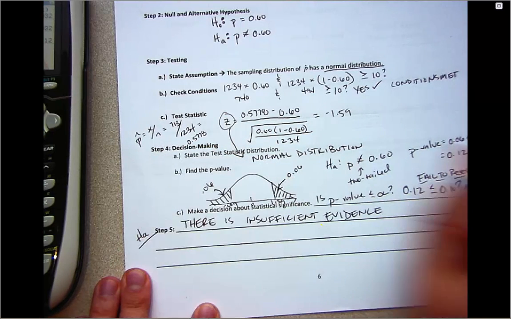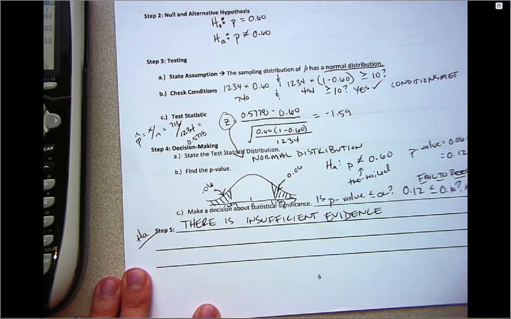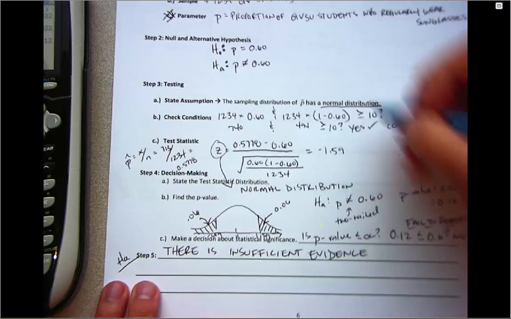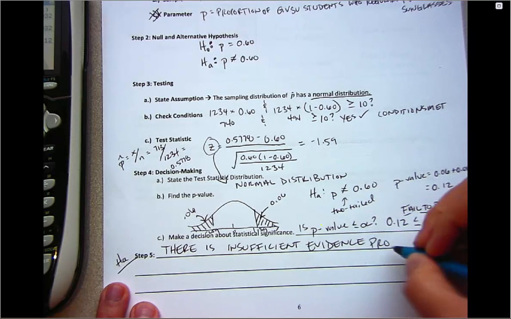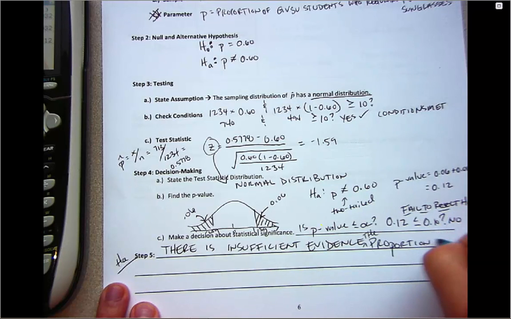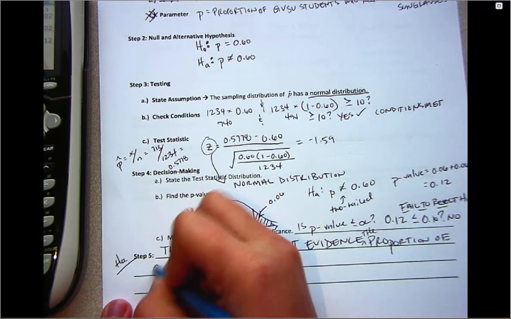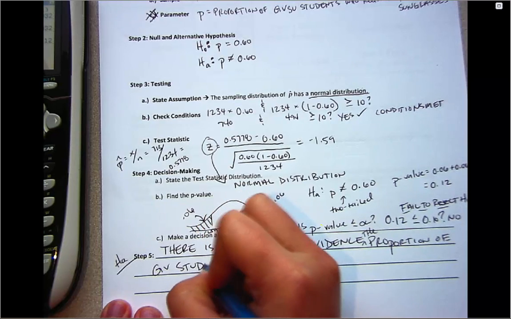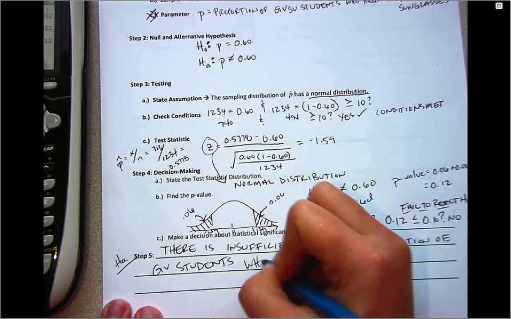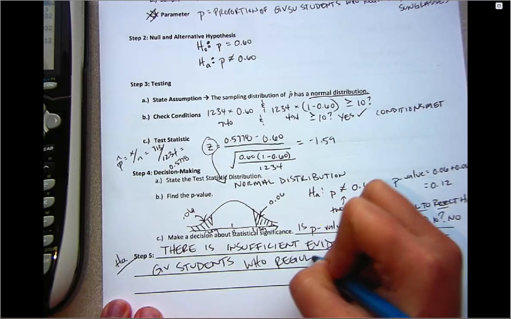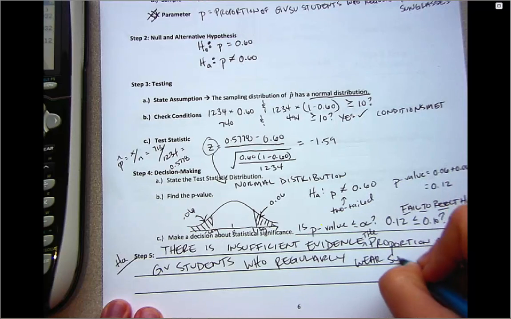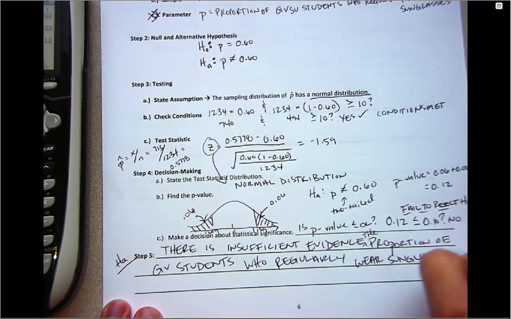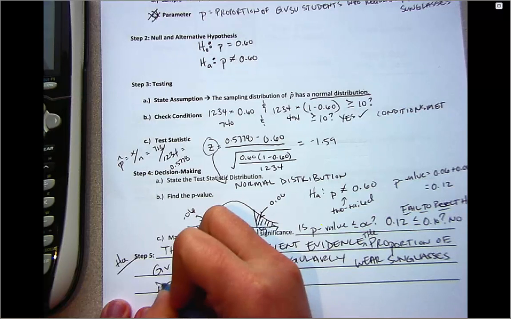And remember, step 5 is all about the alternative. So now I'll restate the alternative. So we defined P to be proportion, so there's insufficient evidence the proportion of GV students who regularly wear sunglasses differs from